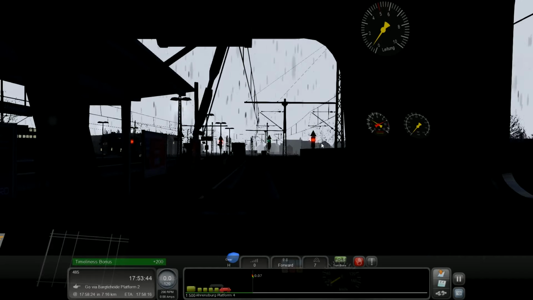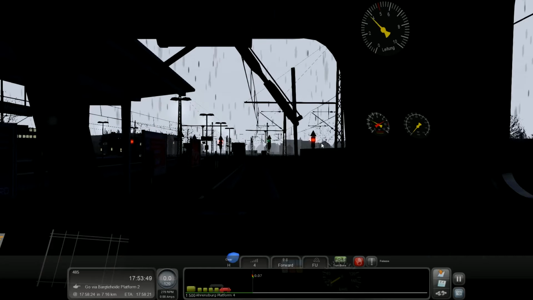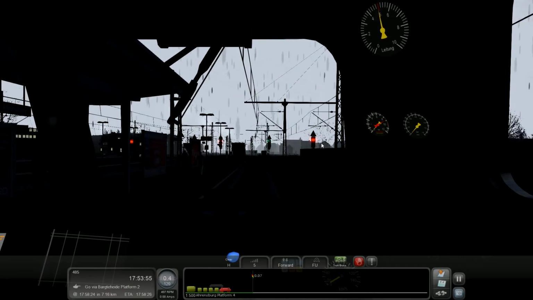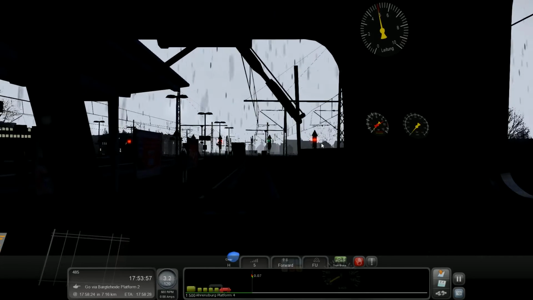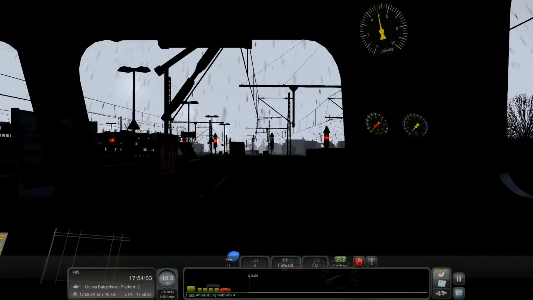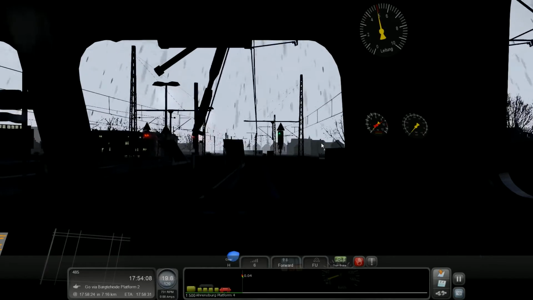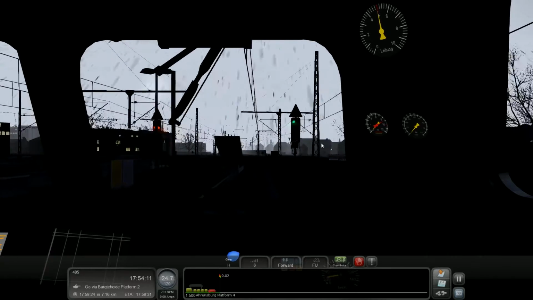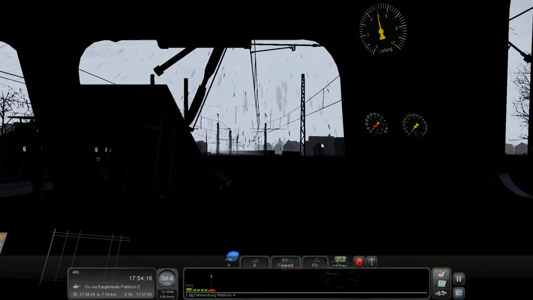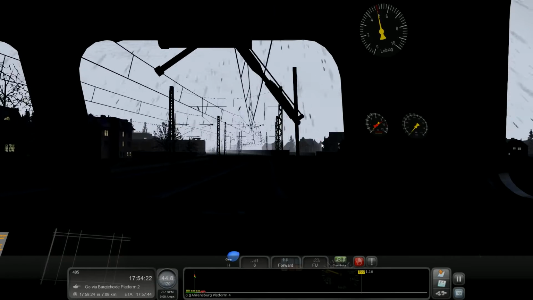Alrighty. Give it a second to let everybody get to their seats. Away we go. Not slipping the wheels. It's fantastic. We've got green is good, so